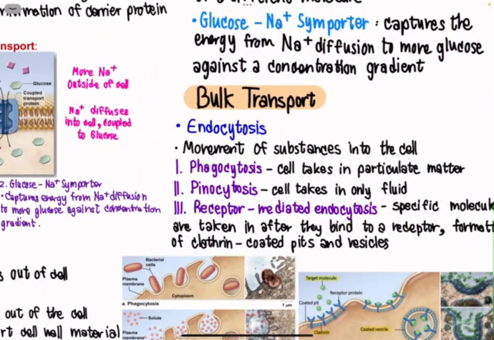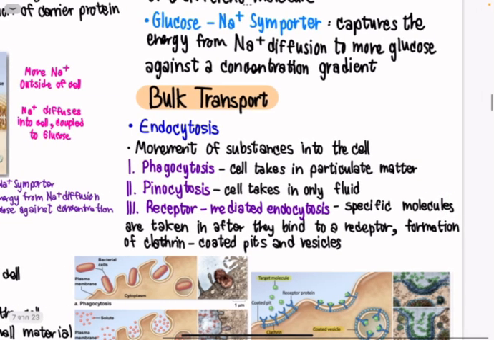Bulk transport has two types, endocytosis and exocytosis. Endocytosis is the movement of substances into the cell. Phagocytosis: the cell takes in particulate matter. Pinocytosis: the cell takes in only fluid. Receptor-mediated endocytosis: specific molecules are taken in after they bind to a receptor,